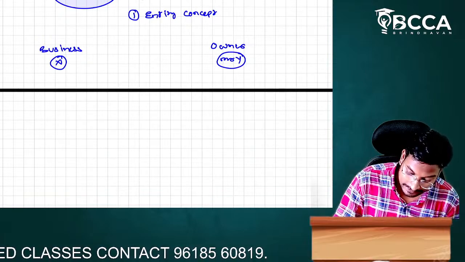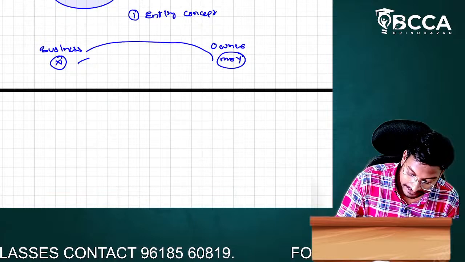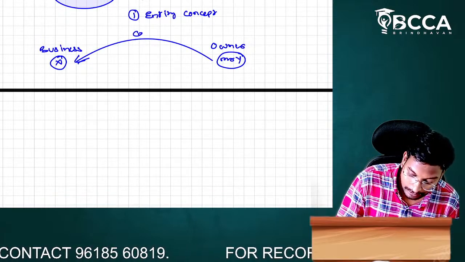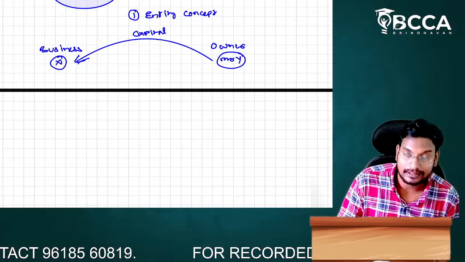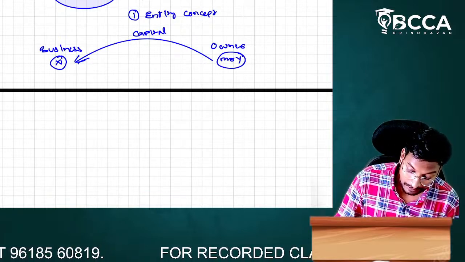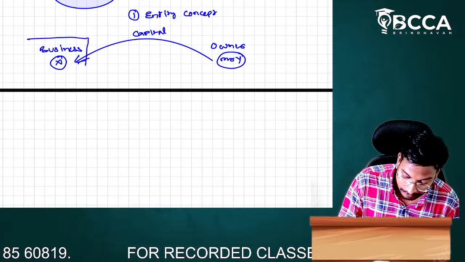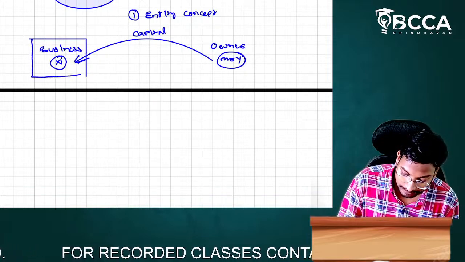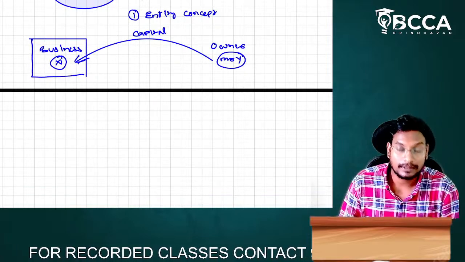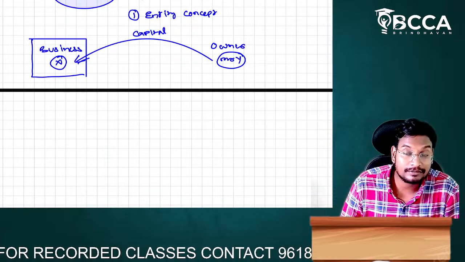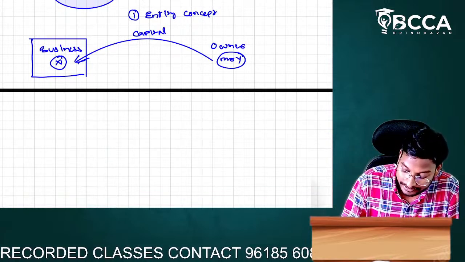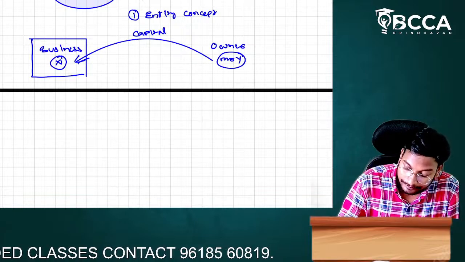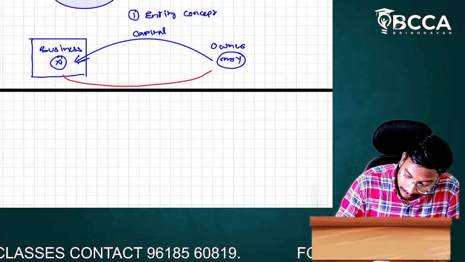Here Y is making an investment in the business, so we call it capital. From which point of view do we have to think, sir? We have to think from the business point of view. That means we are getting cash from Y. Again we have to repay to Y.